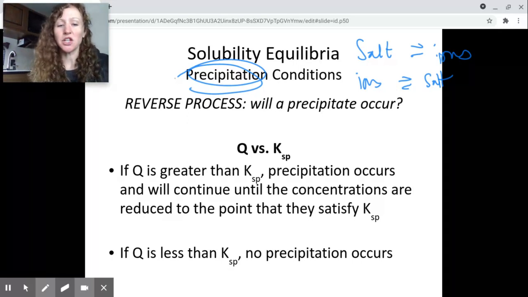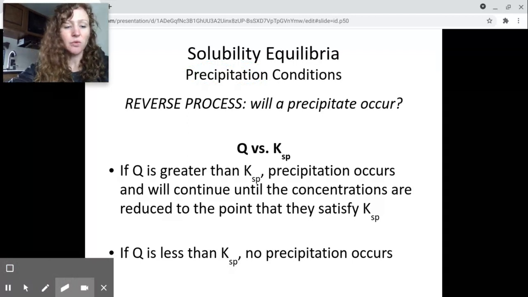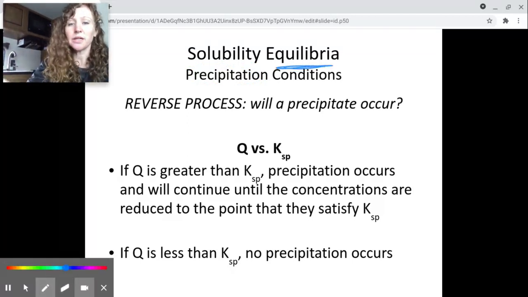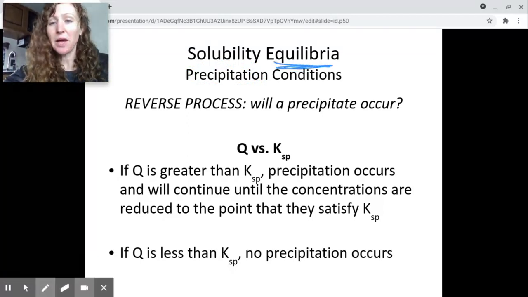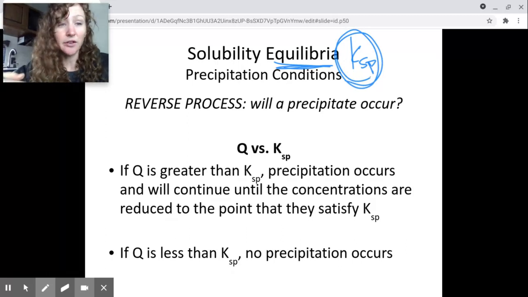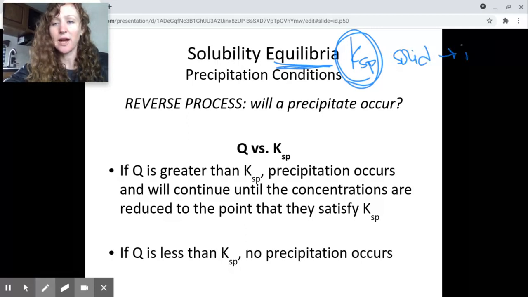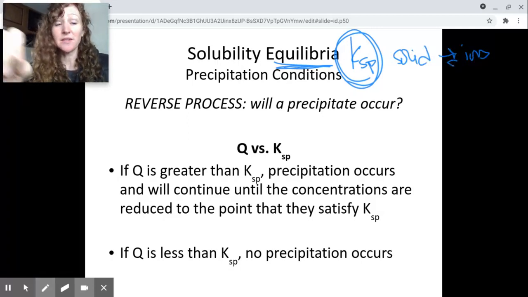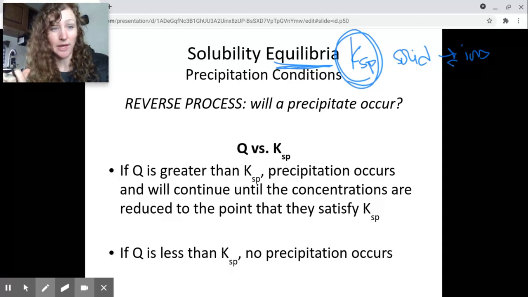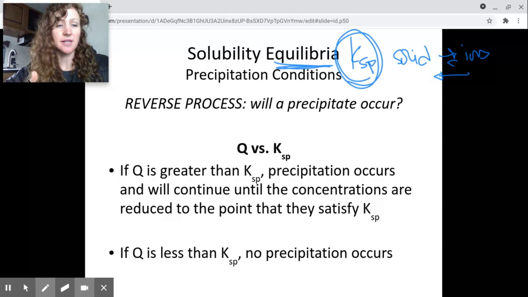So that's precipitation. Now, even though we're dealing with precipitation, remember, we're still dealing with the equilibria, and the equilibria is still going to be dependent on KSP. So it's really important to remember that when you are given the KSP of something, you're dealing with this reaction that is solid goes to ions, right? And then you have this little double arrow that allows you to go both ways. So it's going to be the reverse arrow that gives us the